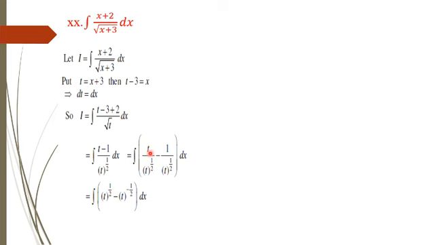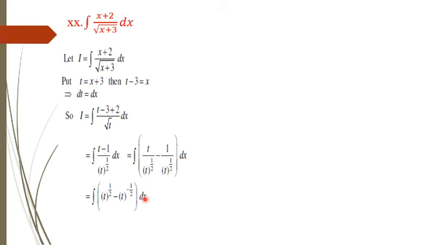Here we have t power 1 and t power 1 by 2. When this 1 by 2 goes to the numerator, it will become minus, and 1 minus 1 by 2 is 1 by 2, so t raised to power 1 by 2. And when this t goes to the numerator, it will become t raised to power minus 1 by 2 dt.